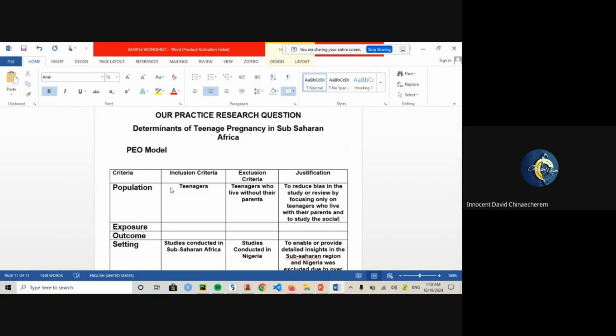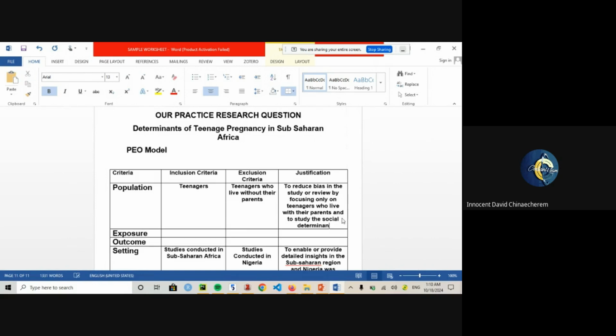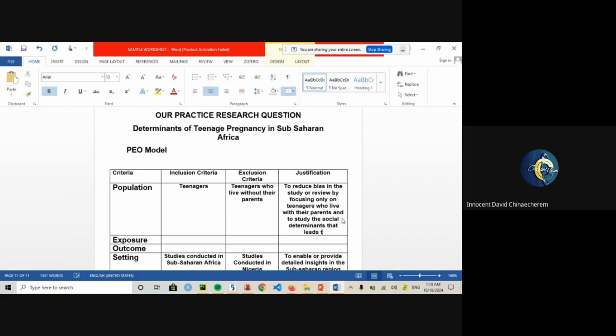So that is the concept there, because in my justification, I'm saying to reduce bias in the study or review by focusing only on teenagers who live with their parents, and to study the social determinants and leads to this. So it could be anything. Anything could be my justification. So yeah, maybe in my